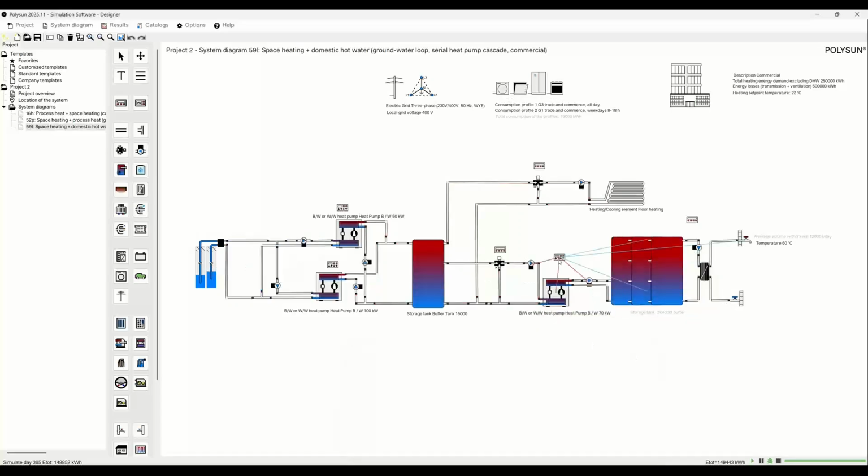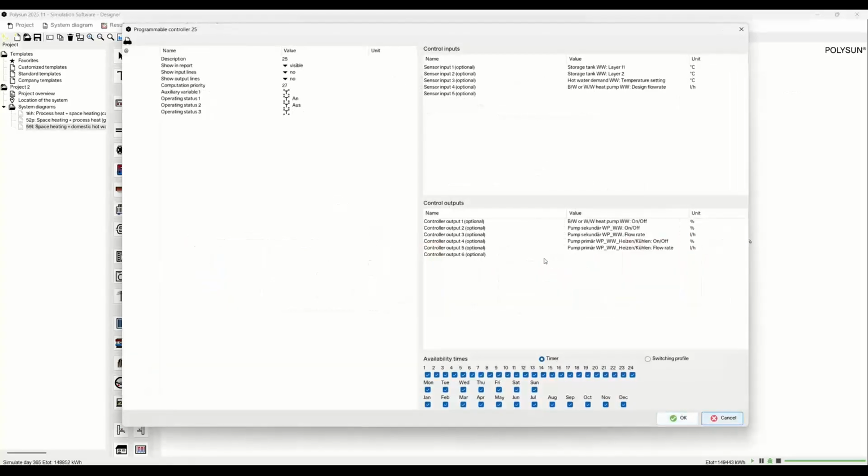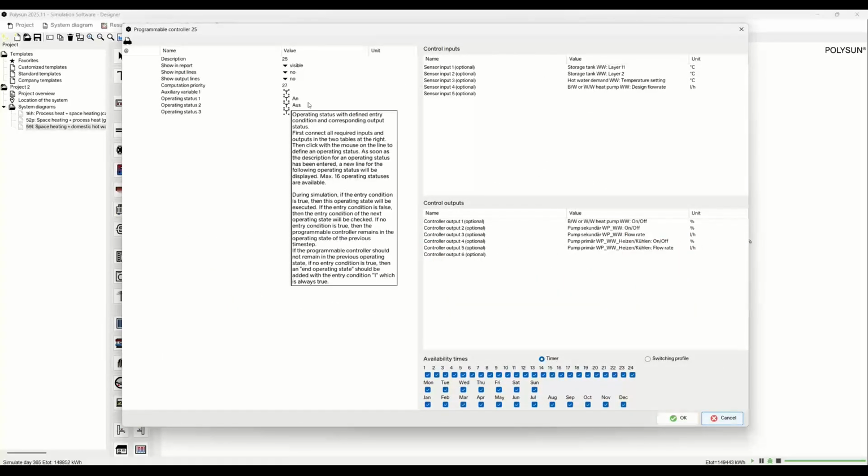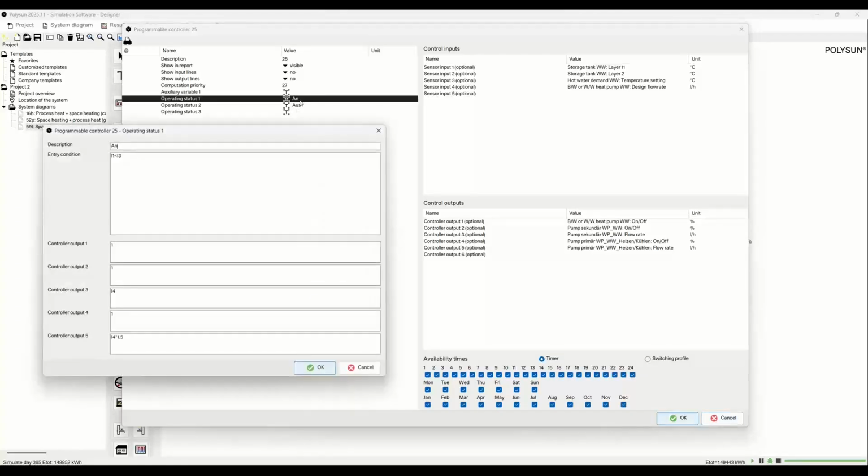So let's have a look at the control system in place here. You can see there's a programmable controller working with this booster heat pump. And when I double click on it, we can see here the operating stages. It's on and off in this case. And here on the right-hand side, we can see the conditions that bring it to switching on and off. So it's basically coded that as soon as the storage tank layer falls under a certain temperature,